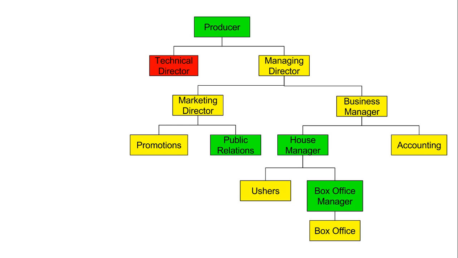Okay, so we are going to go over the producer, public relations, house manager, and box office manager specifically in this presentation. The technical director we'll get to in the second half, but let's talk about some of these positions in yellow. So your producer is in charge of your technical director and your managing director. Your managing director is your marketing and business director of the entire show. So they're in charge of the marketing director and the business manager, and they're in charge of making sure that they stick within budget, that they stay with the ideas of the show, and they're in charge of everything that